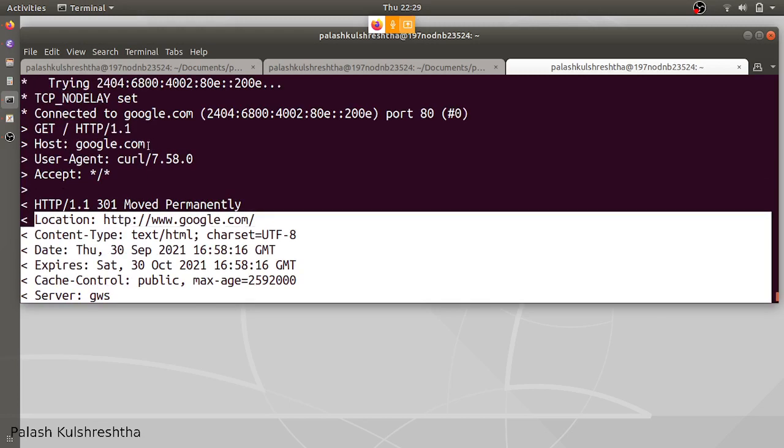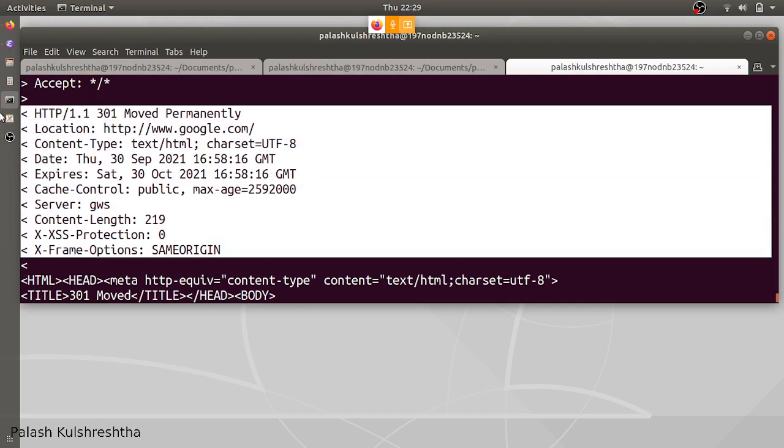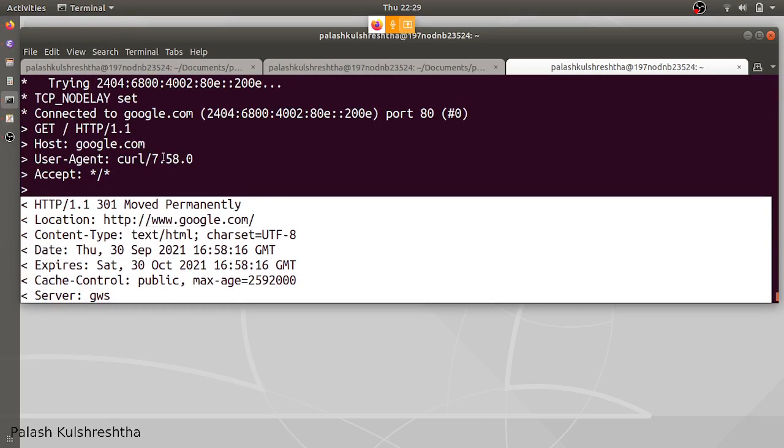So these were the request headers and these were the response headers. During debugging, there can be multiple cases in which, rather than sending sensitive data in the request body, you will be sending that sensitive data in request headers.